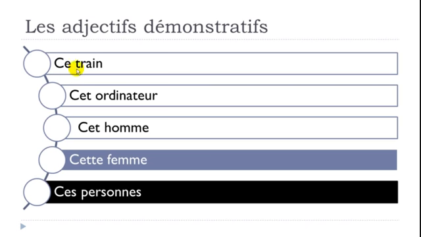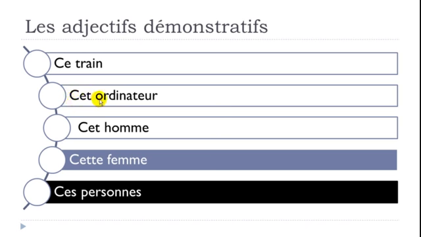The first one, so I did take this train. Train is masculine. It starts with a consonant, so no problem. You will put ce train. Ce train, okay, it would be translated like this train. Ce train. Okay, here you've got ordinateur, a computer, and it's masculine, un ordinateur. But if you look carefully, it starts with O, so a vowel, and then you will have to take this cet form,